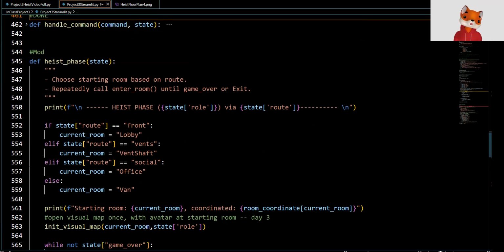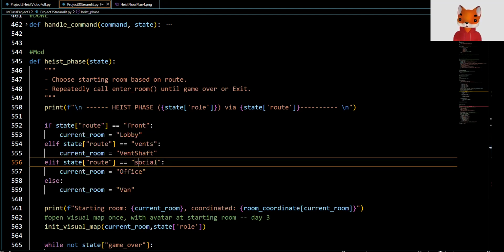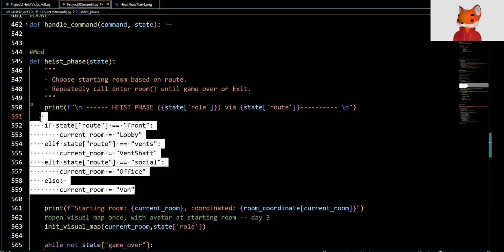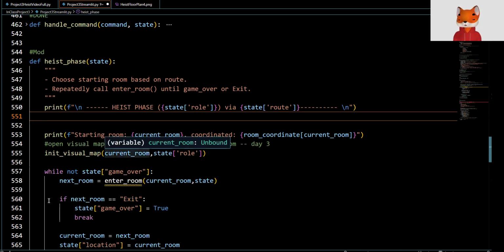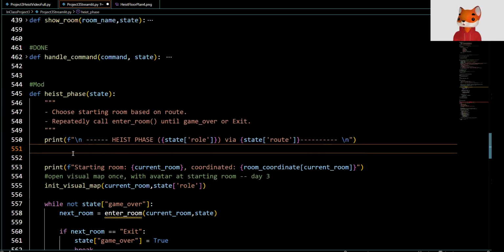Okay. So in this section here, what we're going to do is take in a state. And since we already have parts of this in a separate section, we can actually get rid of this whole section here. And we're obviously going to get rid of some of the functionality of this a little bit. But for the very top part of it,